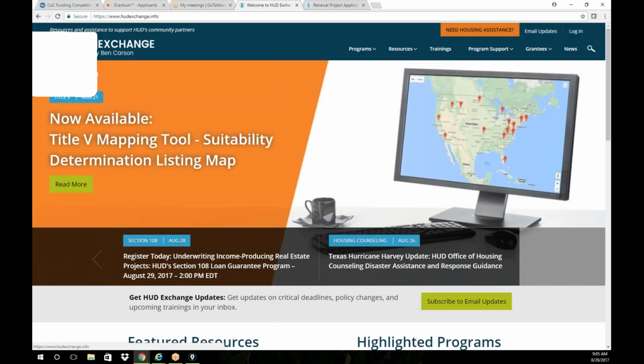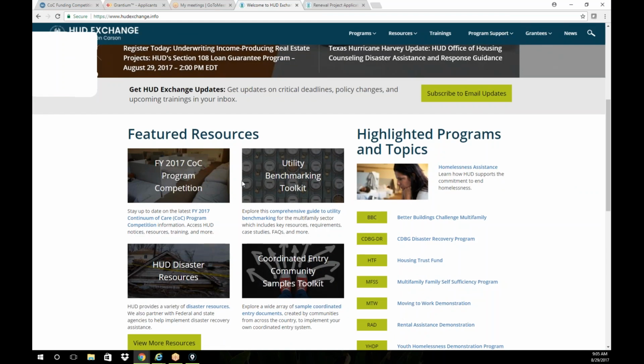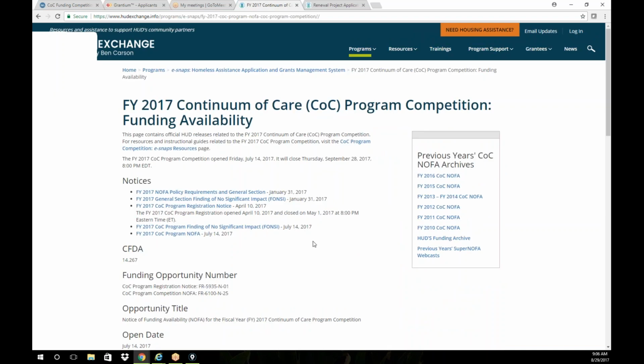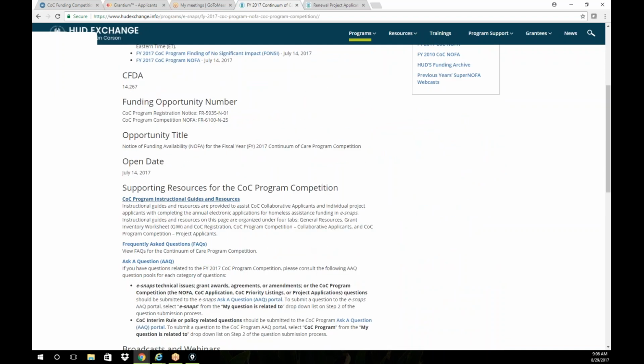This box is going to stay there just to block out some login information. Don't mind it. So on the HUD Exchange, they changed their web page. If you log on recently, now it's pretty easy. Everything related to the competition is under the front page. So if you go to the front page and scroll down, you're going to see the